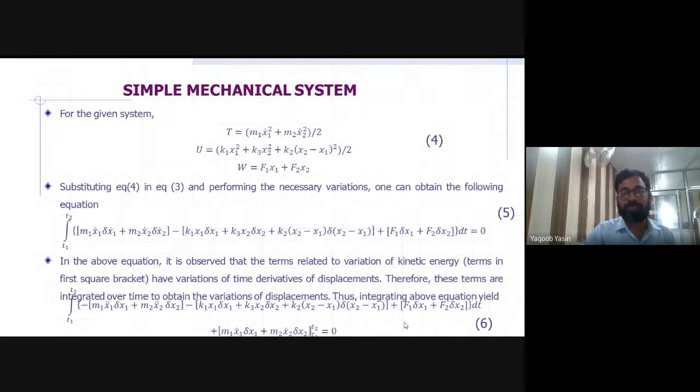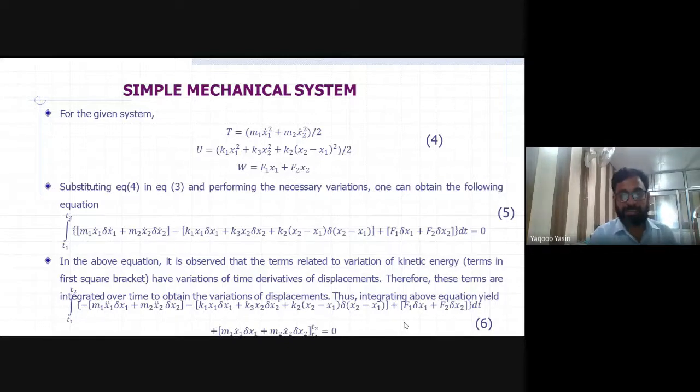after performing some necessary variations. Variation is similar to differentiation. When we perform delta, it is similar to differentiation. So half m v square, half m1 x1 dot square. When we perform variation, the square will become the coefficient 2, and the 2s cancel. Therefore we have m1 x1 dot and delta x1 dot. So in this equation 5,